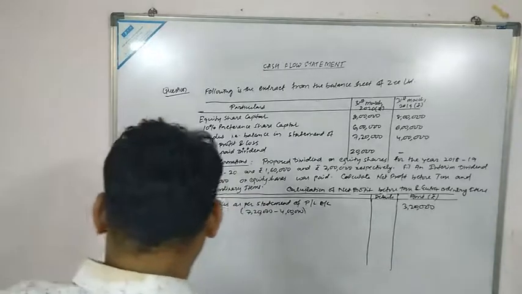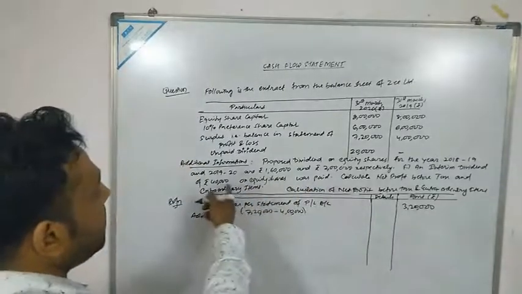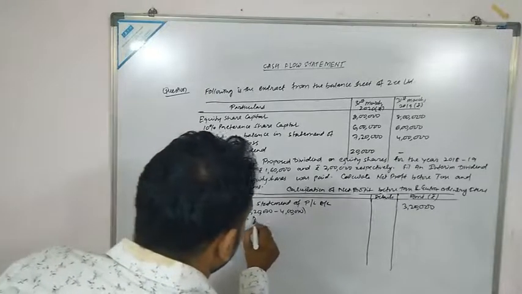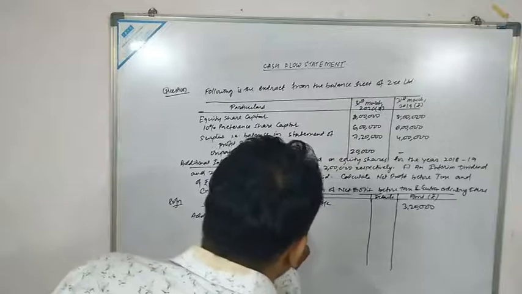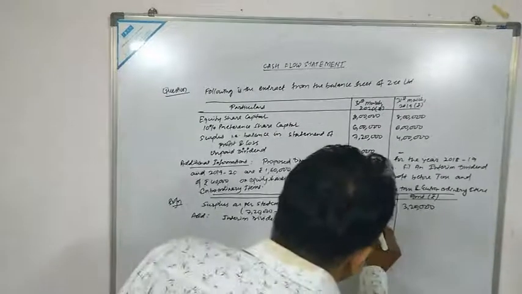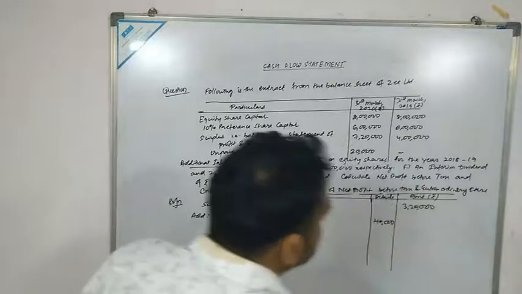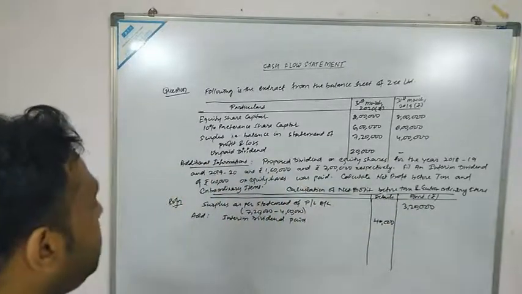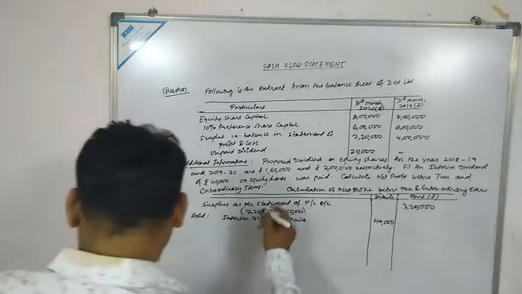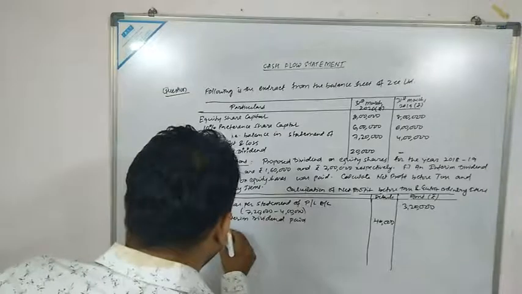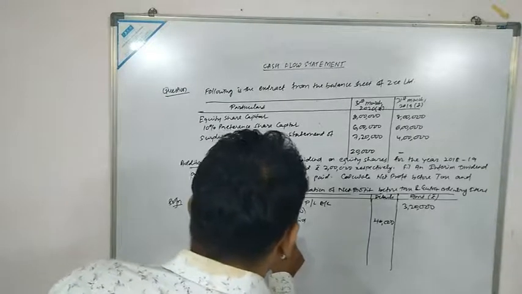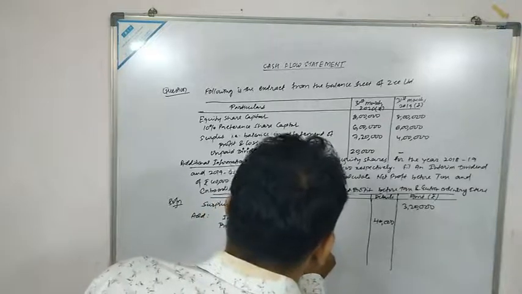एड आइटम में सबसे पहले क्या आएगा? इंटरिम डिविडेंड पेड. हाउ मच इट इज योर? 40,000. सो इंटरिम डिविडेंड पेड, ओके, एंड अमाउंट इज 40,000. So here we can write in details, 40,000. Okay, next is your proposed dividend. Okay, so proposed dividend on equity shares.